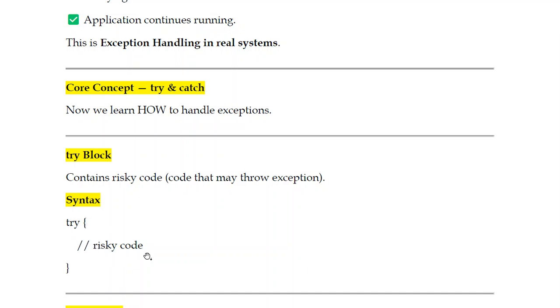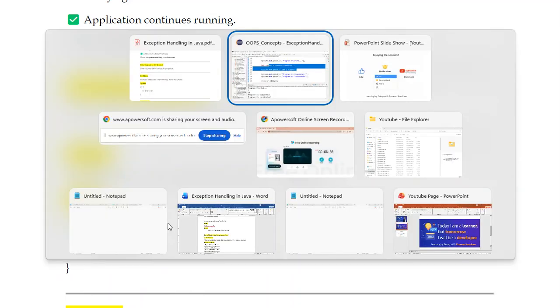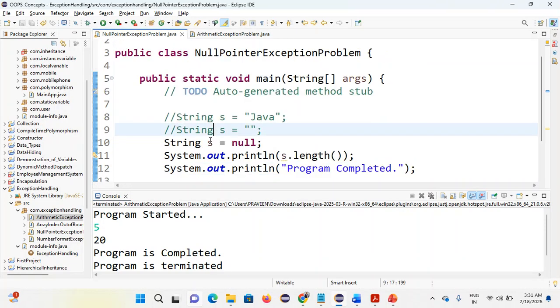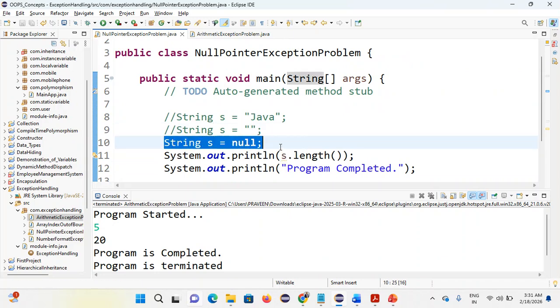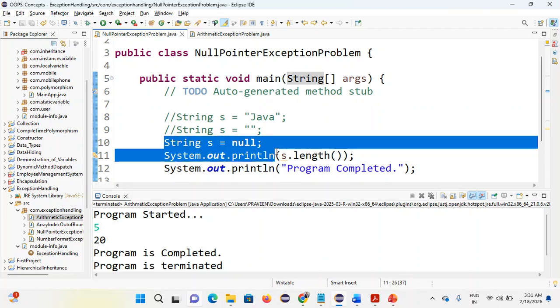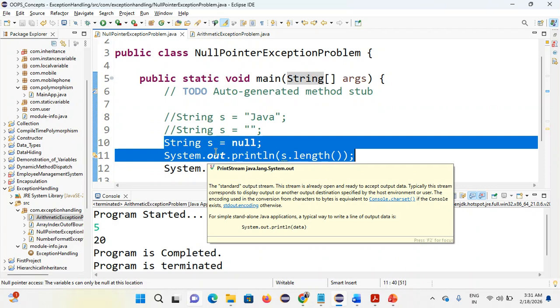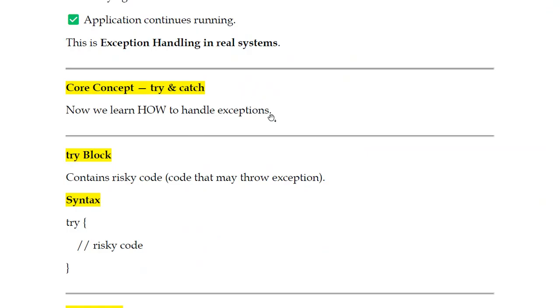So the syntax is try, curly brace, the risky code should be placed here, then the close curly brace. This is the syntax of the try block. In the case of a null pointer exception, you look at which area may get an exception. First I'm reading the string value from the user, after that I'm calculating the length. So this part is also a risky area, a hotspot one. So you place it in the try block. This is the first step of